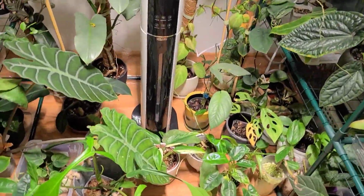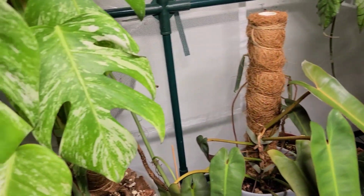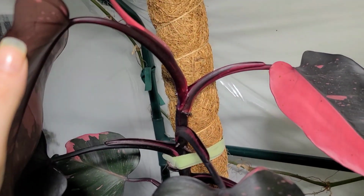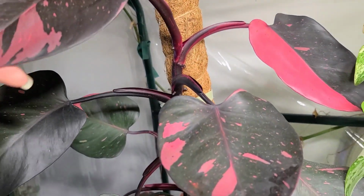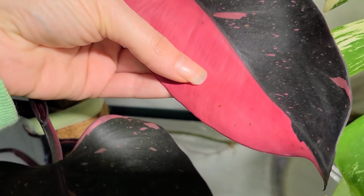Ooh. I don't have a lot of room, I'm sorry. What else is new in here? I was just telling you about my pink princess. I'm pretty sure she's sorted herself out because all of her, oh, that leaf is going to be pretty. All of her new leaves have been unfurling perfectly fine, but I have been getting these little brown spots